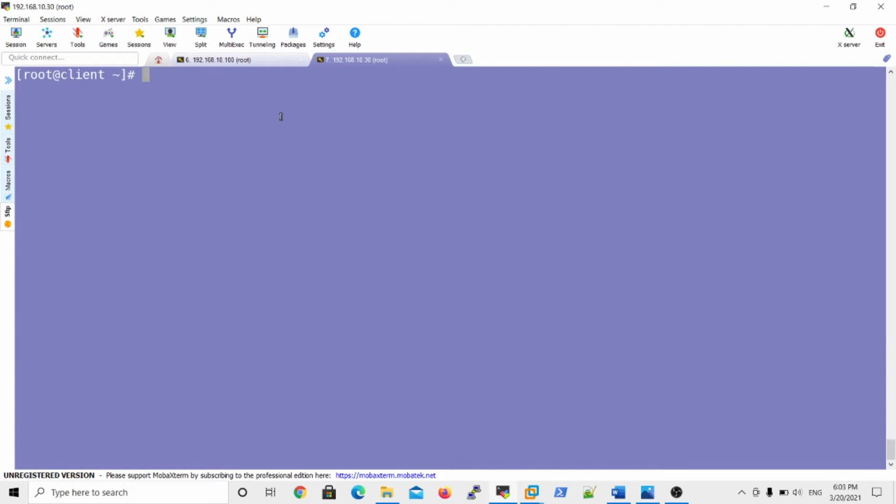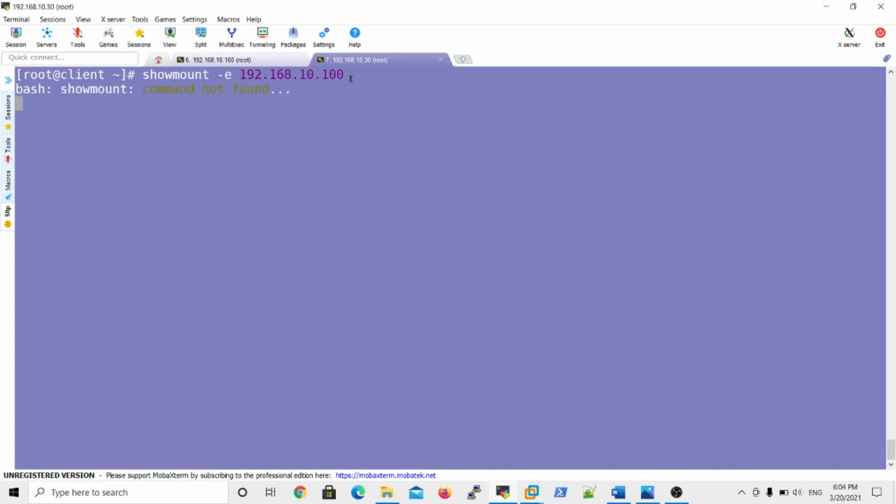Then the next important thing: what is the command to verify NFS shared resources? How does the client know what resources are shared over the NFS server? How do client people get to know the shared resource names? So again you run the showmount command: showmount -e followed by the server IP address, 192.168.10.100 is the server. Now I am testing shared resources from the 30 machine to the 100 machine, because 100 is my server. If I enter it, what happened?